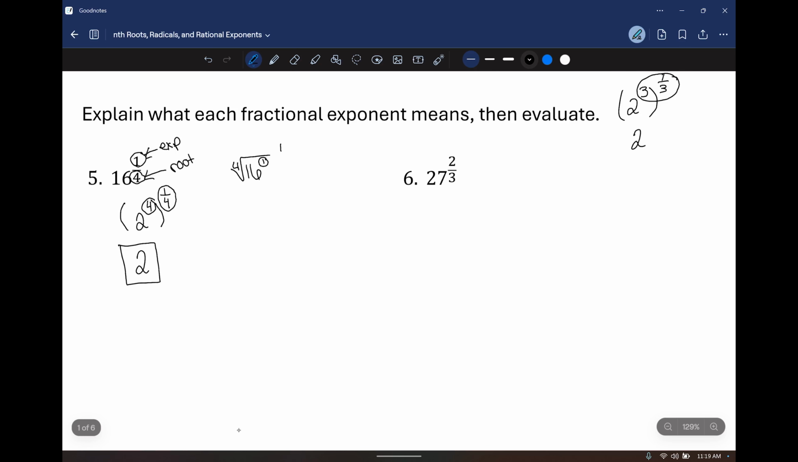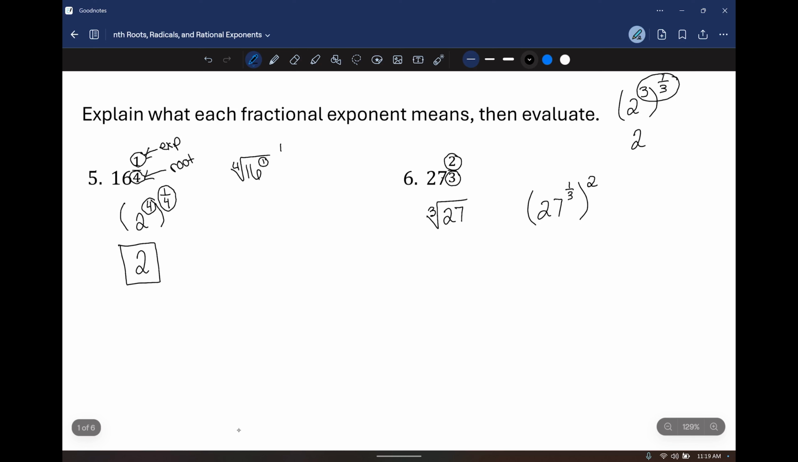All right, so 27. If I look at this, I know this is a cube root. So I can say 27, is that a perfect cube? Yes, it is. So I know that I can take the cube root of 27, because that's the same thing as 27 to the 1/3. That means that this is a cube root. And then I take it to the power of